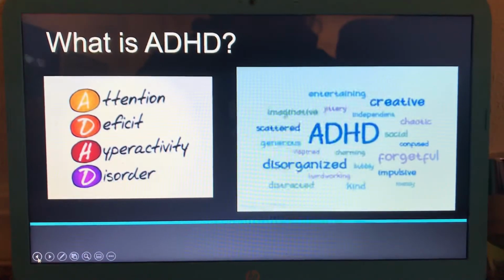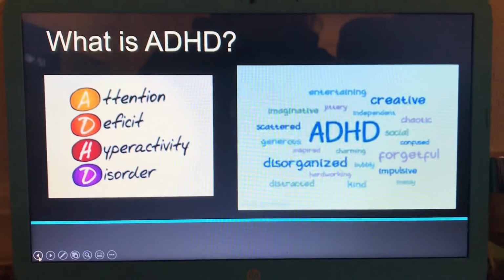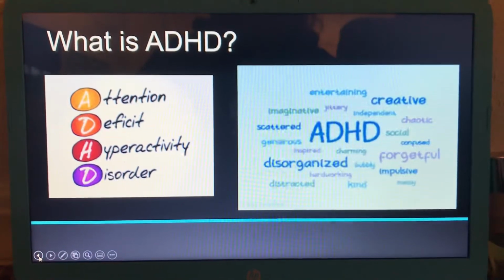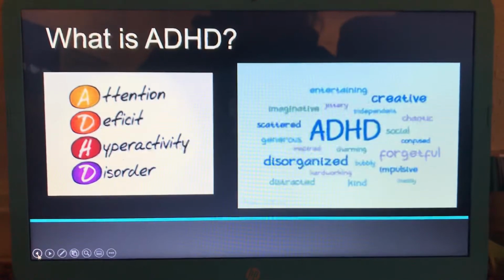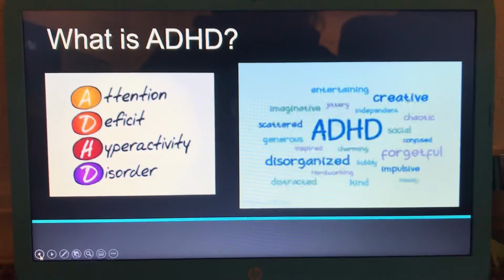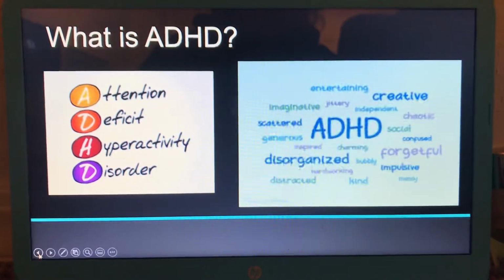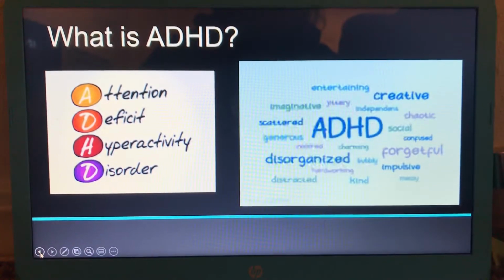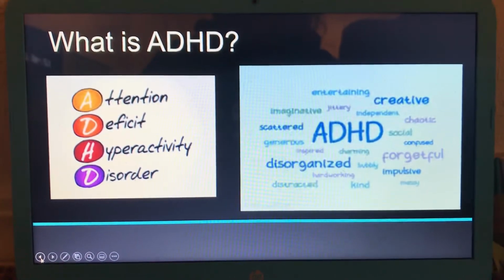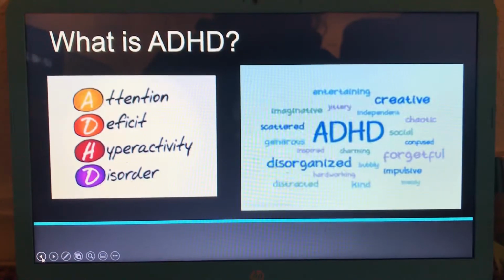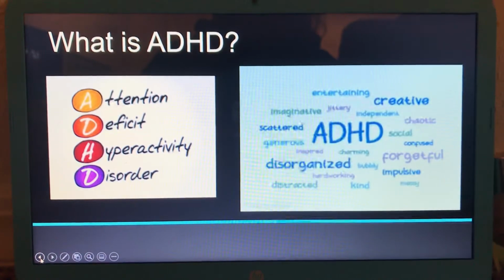There's also 3 different types of classification that ADHD falls within, all of which have to do with impulsivity, hyperactivity, and a combination of the two with attentiveness as well. So depending on where a person falls within that spectrum, they can have the combined type, they can have hyperactivity, impulsivity, or just inattentiveness.